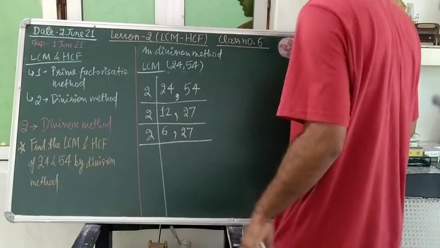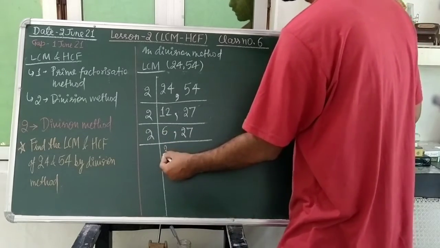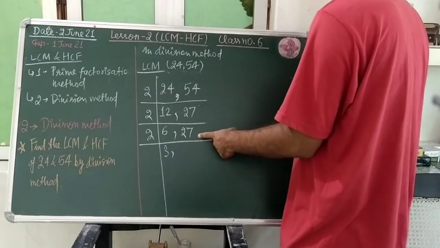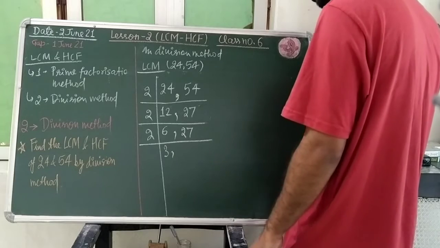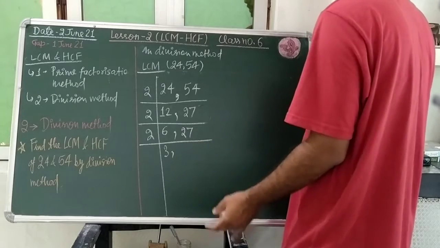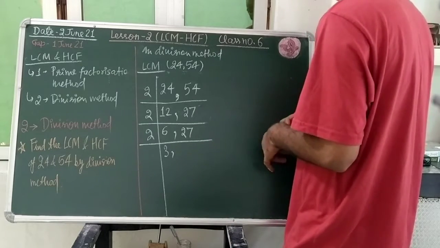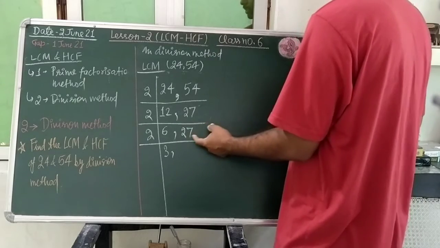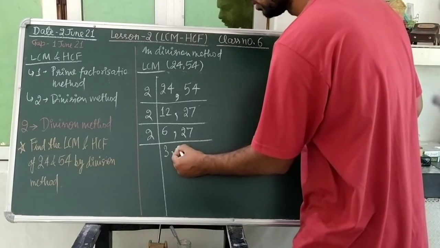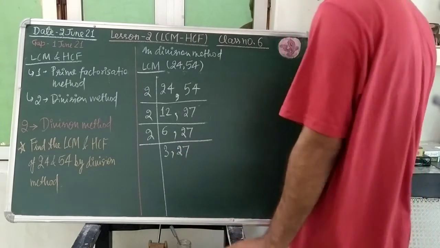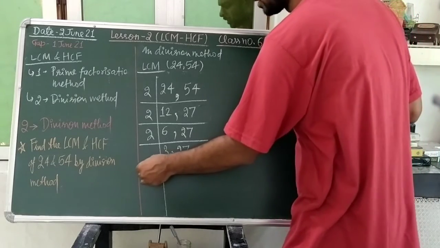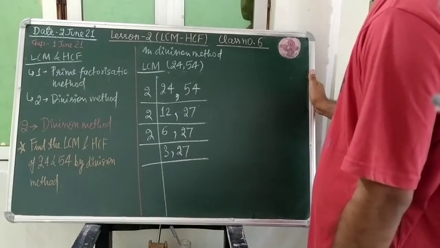So we shall select the 2 here, and it will go how many times, students? 3 times to divide this 6. 27 we have seen that at the unit place there is an odd number, that is why 2 is not going to divide this. At the unit place there should be an even number, then only 2 is going to divide the number. Since an odd number is present at the unit place, 2 will not divide it. So 27 we will write in the same way. One more horizontal line is completed, and we shall start the next horizontal line.